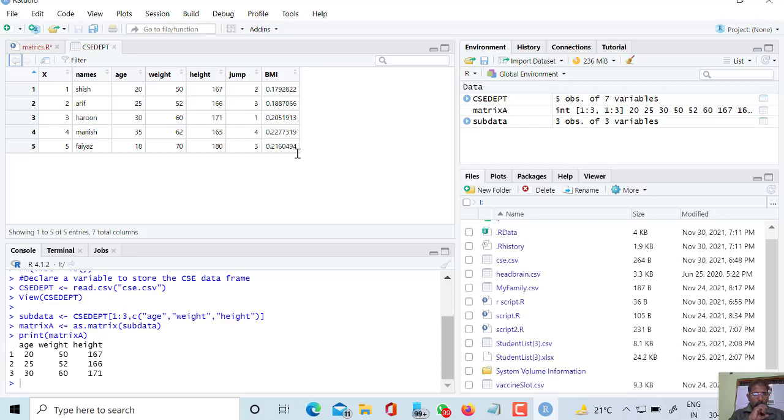Let us check, and here I am successfully getting the matrix values 20, 50, 160, and therefore we can easily see that I have got the matrix value.